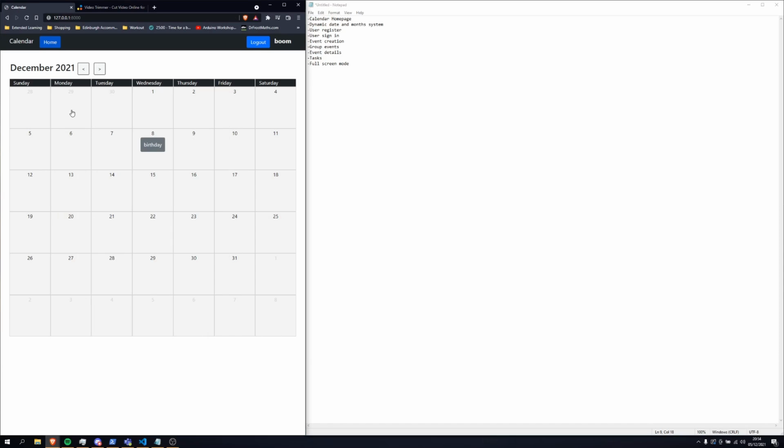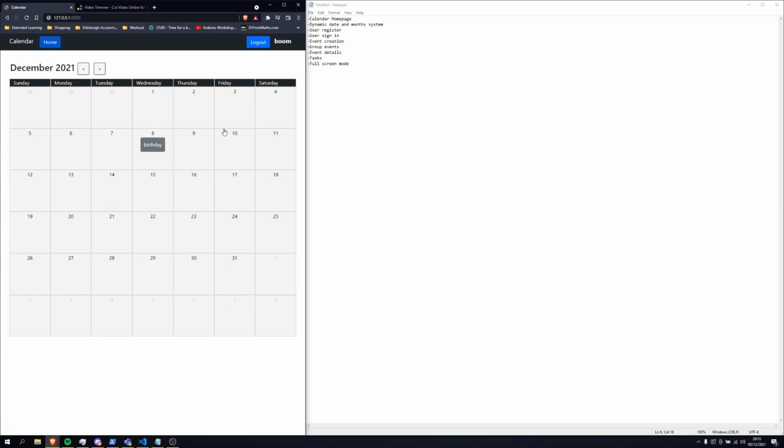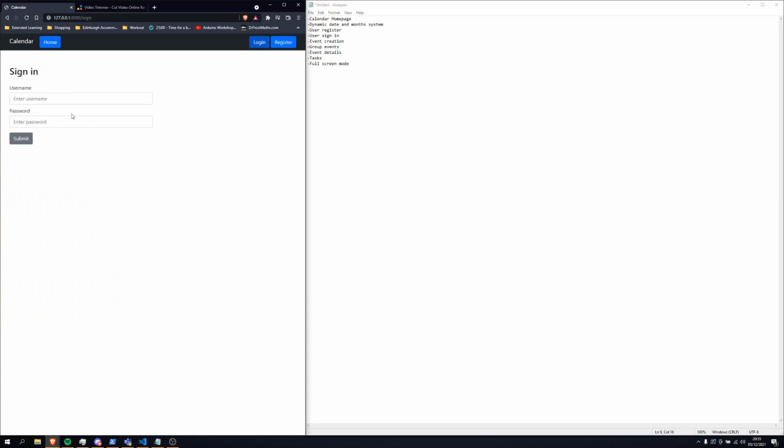There we go. You can see it's reloaded the page, and birthday is now there on the 8th where we set it. As you can see, it displays it using another modal, and it has all the information there. It would also have a task checkbox if it was a task, but we didn't click that. We can also press not on the button but on the day, and it would let us create another event. Now I'll sign in with Joe,